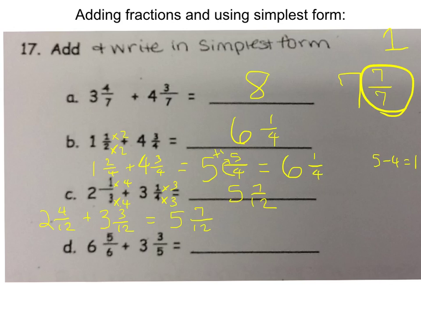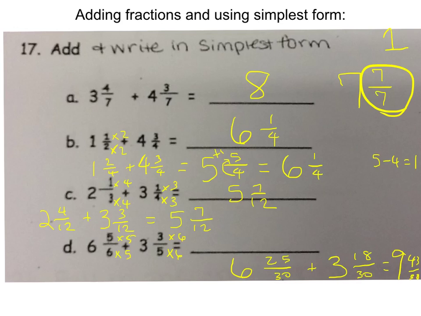For D, again, they do not have common denominators. Going to multiply the denominators by each other. And of course, whatever I multiply the denominator by, I must also multiply the numerator by. So here, my equivalent fractions are 6 and 25/30 plus 3 and 18/30, which I can add to get 9 and